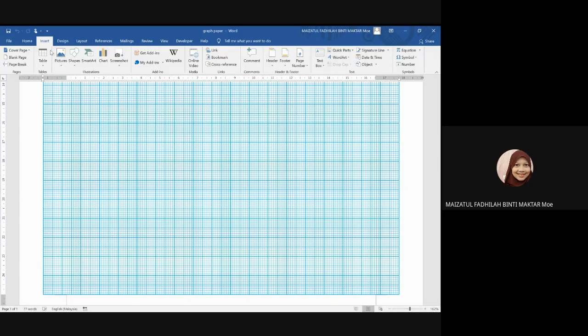Okay, so I will show you like this. Do all of you see this one? So this is the graph paper that you use. So you just draw a